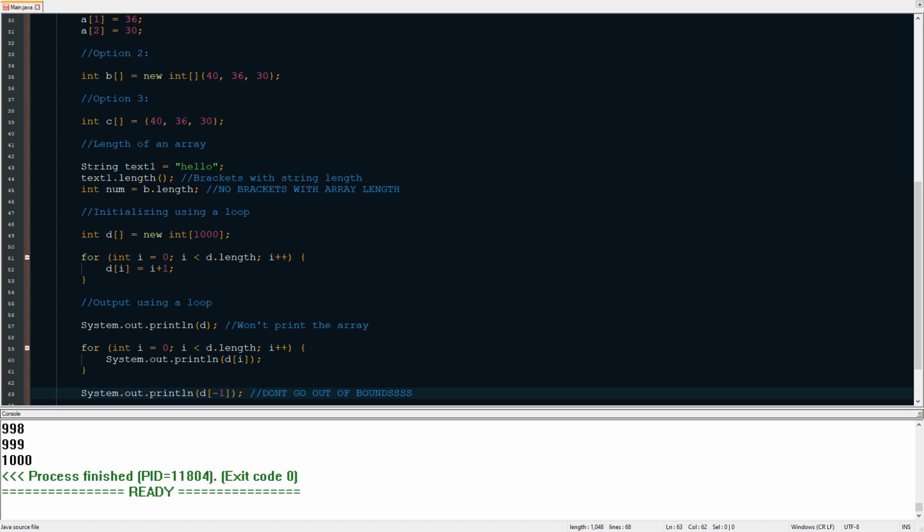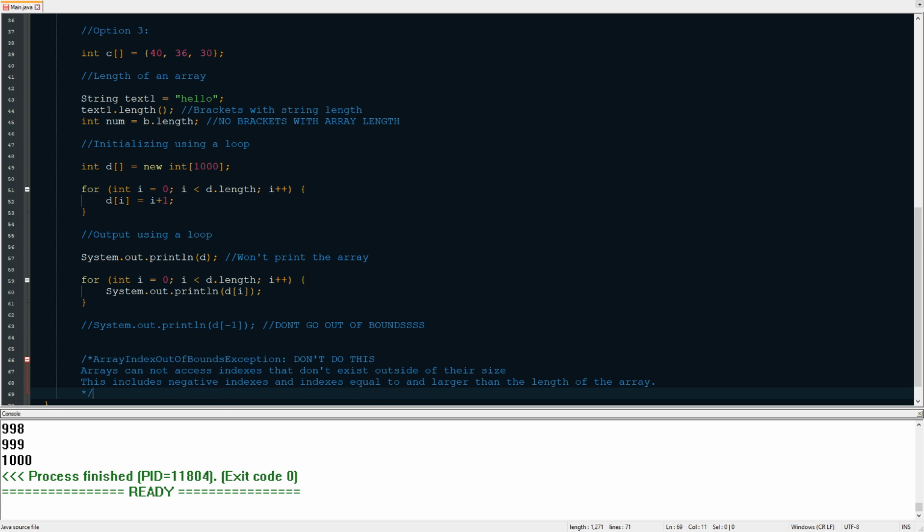If I want to do something, such as print out the last index, I cannot do what you would do in other languages, such as Python. In Python, you can use -1 to get the last index. In Java, this gives you an out-of-bounds error. Any value that is greater than or equal to the length of the array, or is a negative number, will give you an array index out-of-bound exception. This will crash your